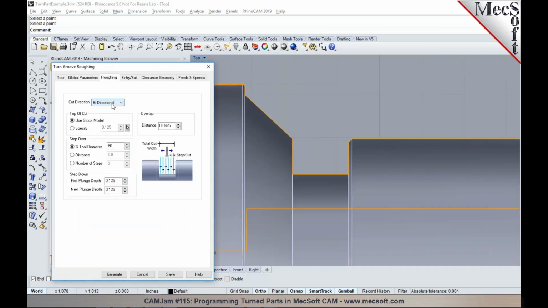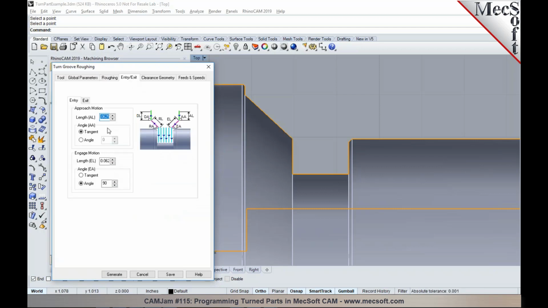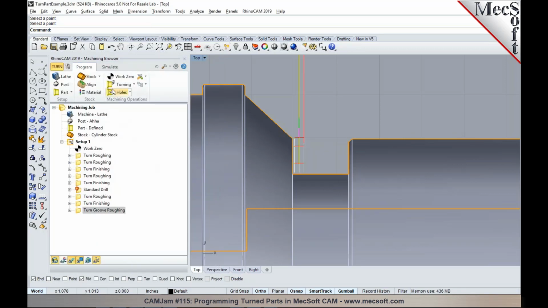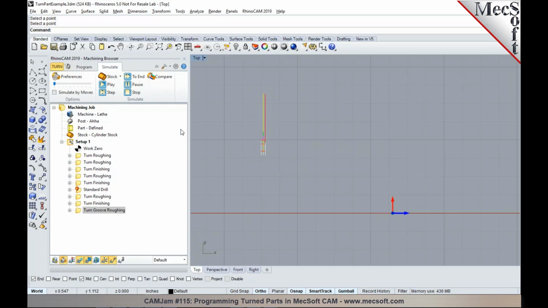In the roughing tab, you can specify the cut direction, your step over distance, your first plunge depth, and the subsequent depths in here when you're doing multiple. So it basically does like a peck operation. And you can also set your overlap distance in here and control the entry and exit parameters on your grooving operation and generate. So this creates a groove roughing operation,